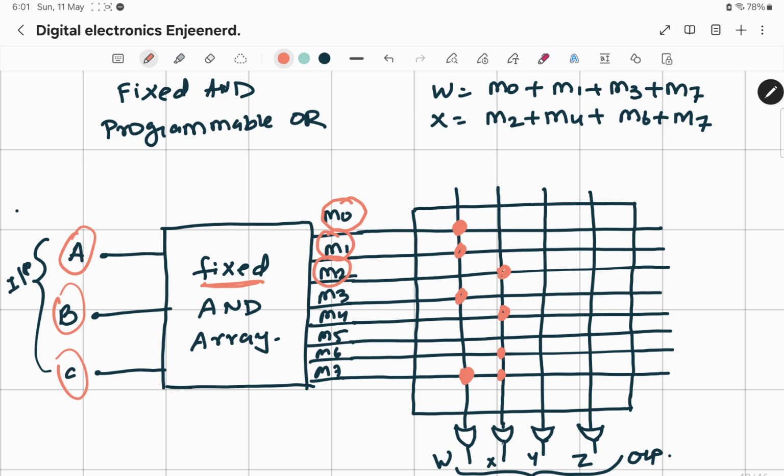And output, depending on the chip's capacity, say it is a 3 input, 8 minterms, also called product terms, and 4 output. So this will give me a maximum of 4 functions. I can manipulate the functions using a programmable OR, and I can get 4 output functions using this kind of chip, which will do 4 different jobs for me. So this is your